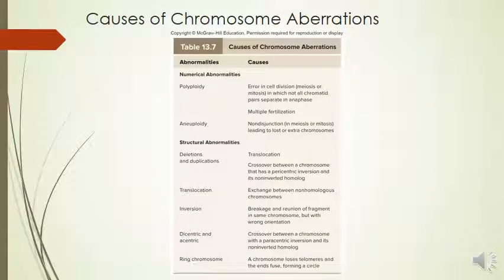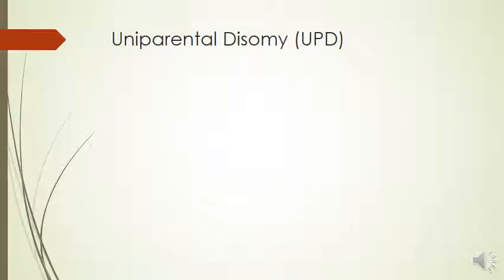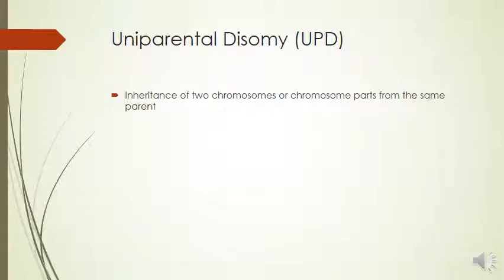This slide summarizes the causes of chromosome aberrations. In the case of uniparental disomy, UPD, this is where you have the inheritance of two chromosomes or chromosome parts from the same parent. It requires the simultaneous occurrence